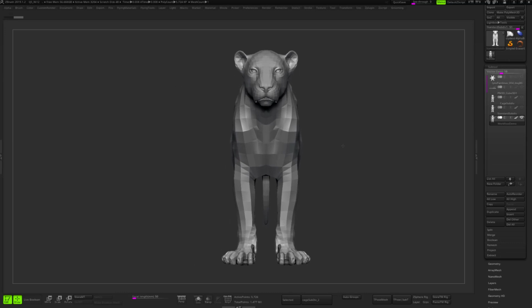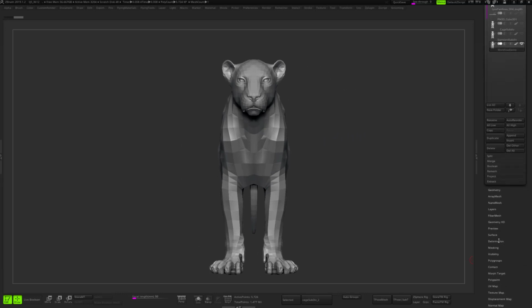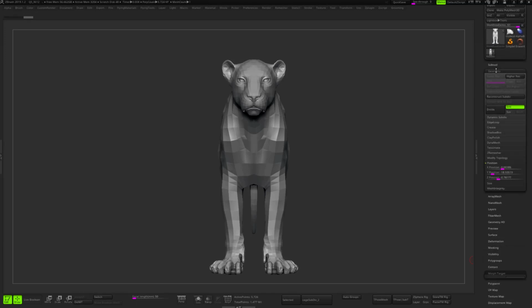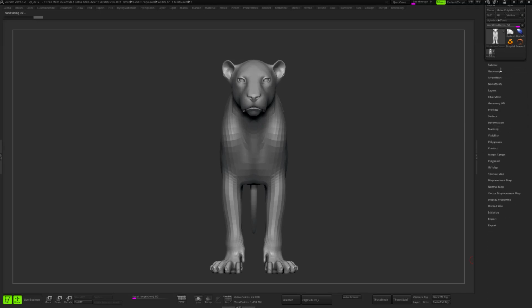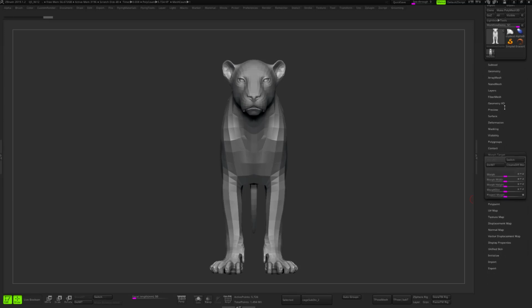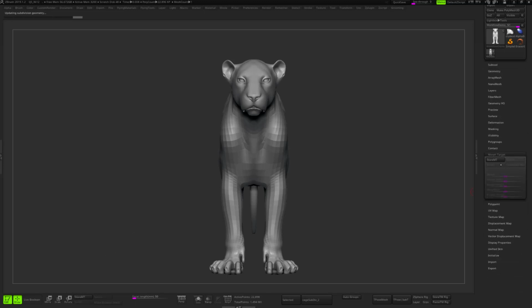You want to store a morph target before you're subdividing your model. So if I'm going into Morph Target, I will just store a morph target. Then I will go in Geometry, Divide my model, or you can just hit Ctrl D, it's the same. Okay, so we have one new level of subdivision. Now something that we want to do is to go back to level 1, go again in Morph Target and switch to the former version of our model. Then we'll go in Geometry on level 2 and delete the former morph target.